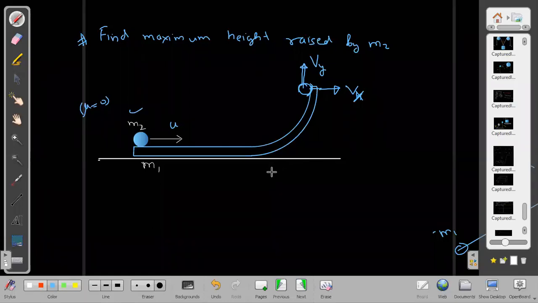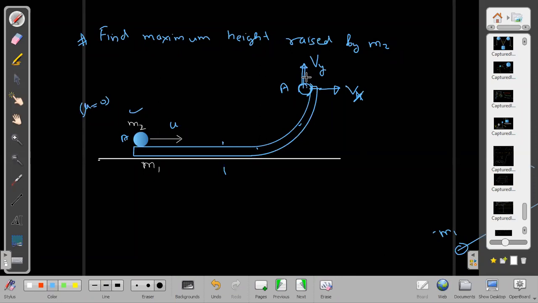So what is the total energy at this instant of time? Can we find it out? Or what happens after that? After that, this ball A, which rises up here, will it fall back again on this track or will it fall somewhere else? Somewhere on this flat track or on this curvilinear track only? Where will it fall? Curvilinear track only. At the curvilinear track, will it fall at the top point only or somewhere down? The top point. Exactly, it will fall back at the same point.